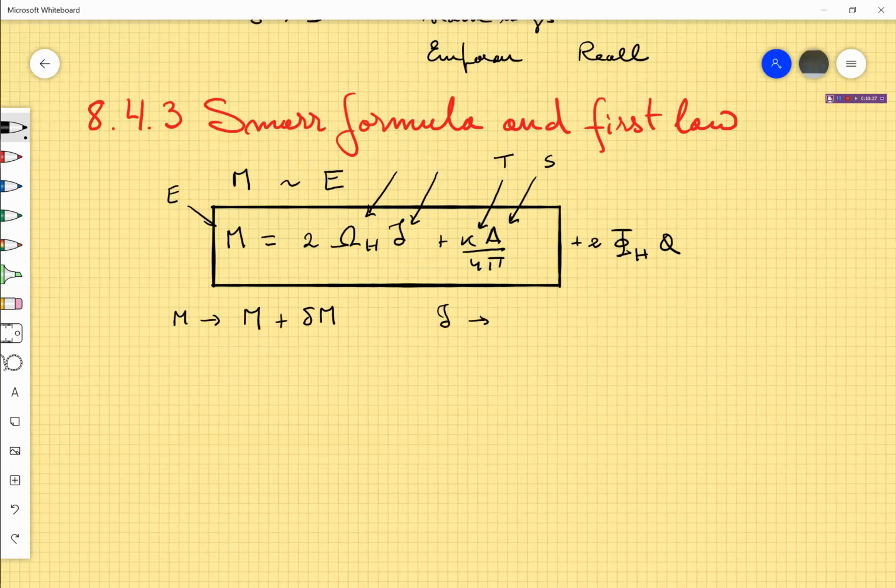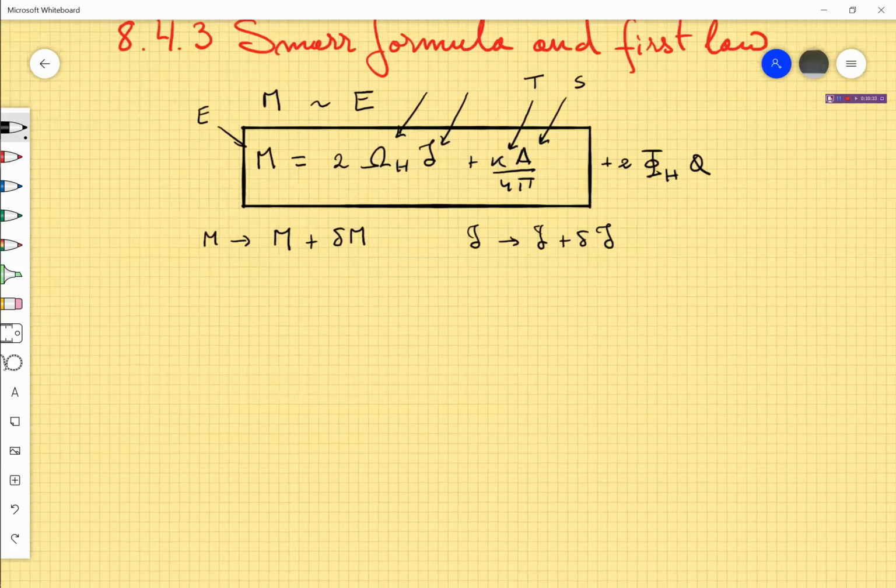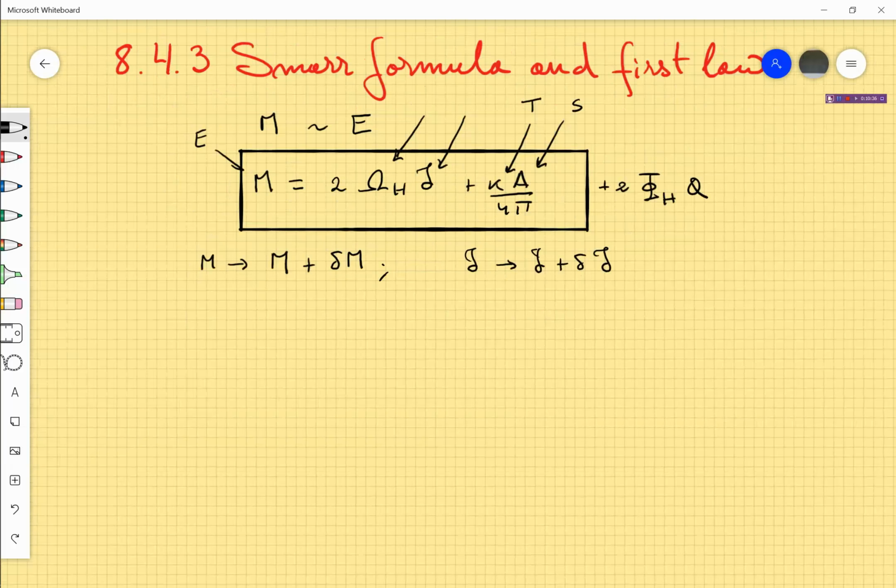The angular momentum is perturbed and now becomes J plus some delta J. And the easiest way is to study how delta A divided by 4 pi, which is a coefficient that always appears in these calculations, changes. The simplest way to do this is we write first